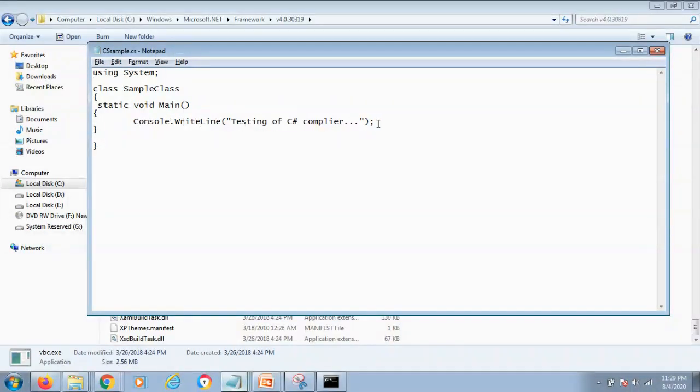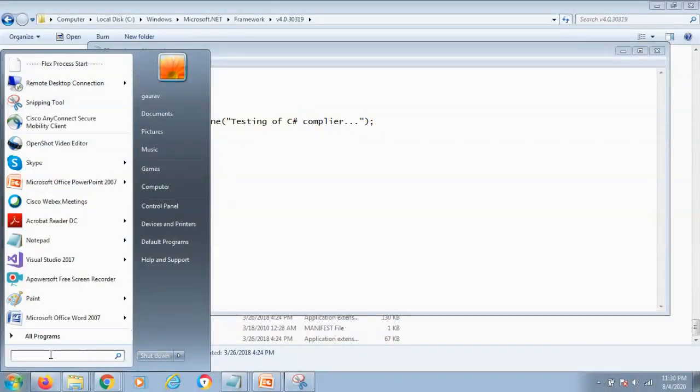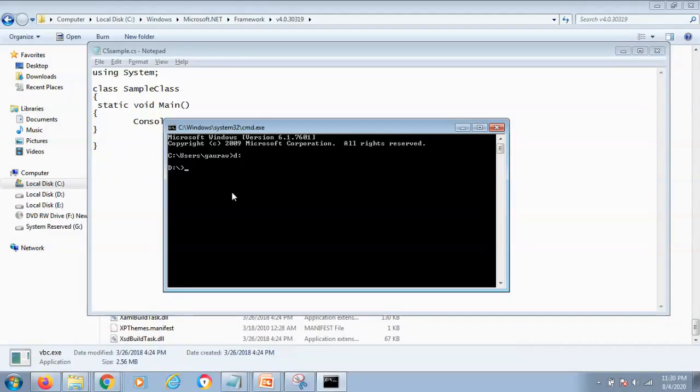This is the text message which we can print. Let's open the basic CMD command prompt. Let's move inside the folder where this file exists. Now in the D drive .NET folder, this file exists.